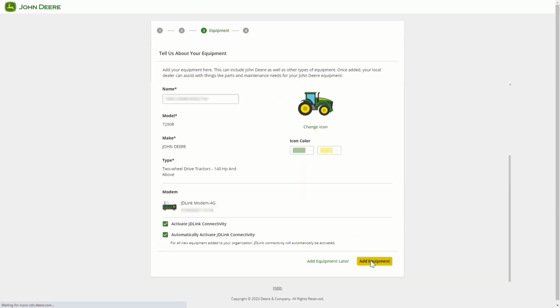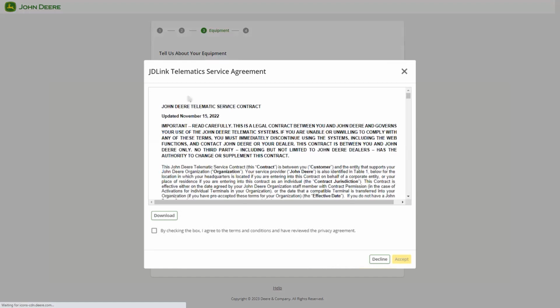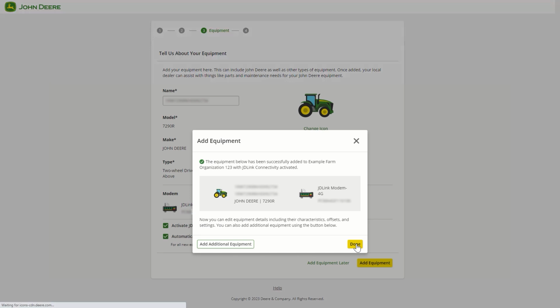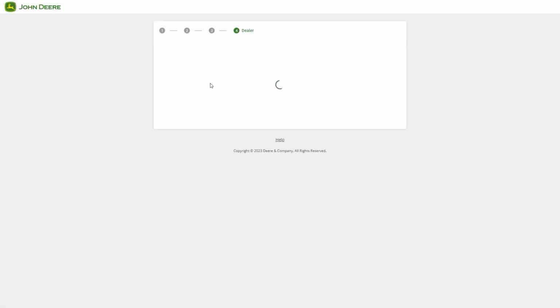Once your equipment information is entered and any desired connectivity options are selected, click Add Equipment. If you opted to enable connectivity, you will be presented with the John Deere Telematics Service Contract. You can review the contract details and check the box to signify your agreement. At this time, you can either add additional equipment, or if you have already added all desired equipment, you can